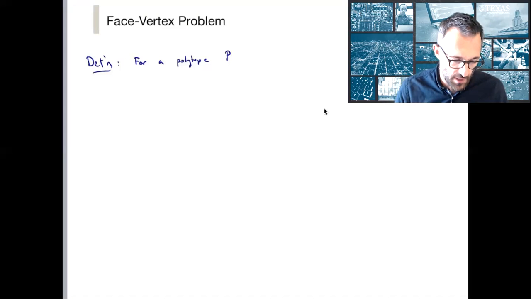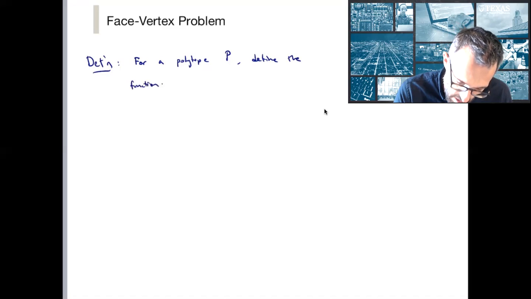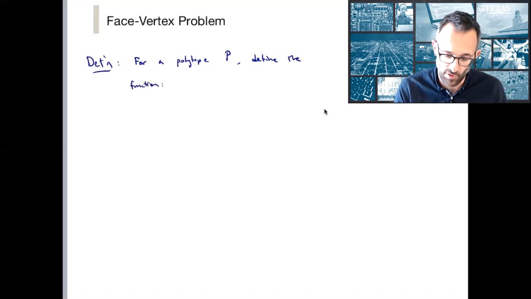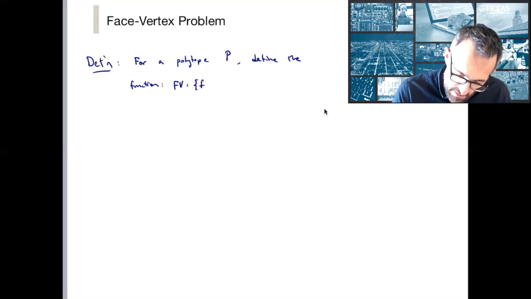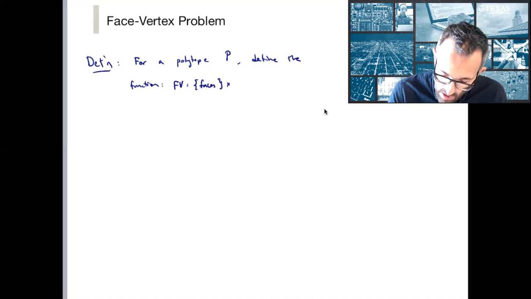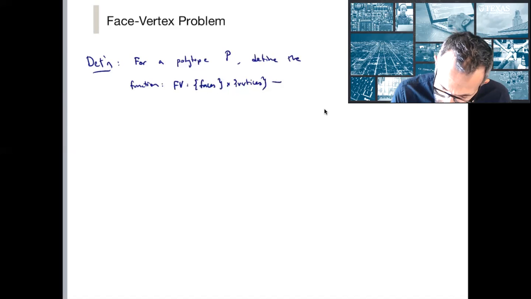So for a polytope P, we define the function FV, for face vertex, that maps from faces cross vertices. These are the discrete spaces X and Y that we saw in the previous lecture, to 0, 1,